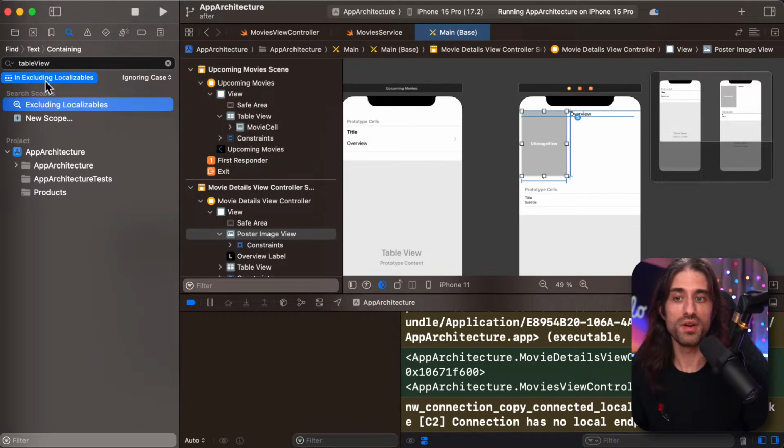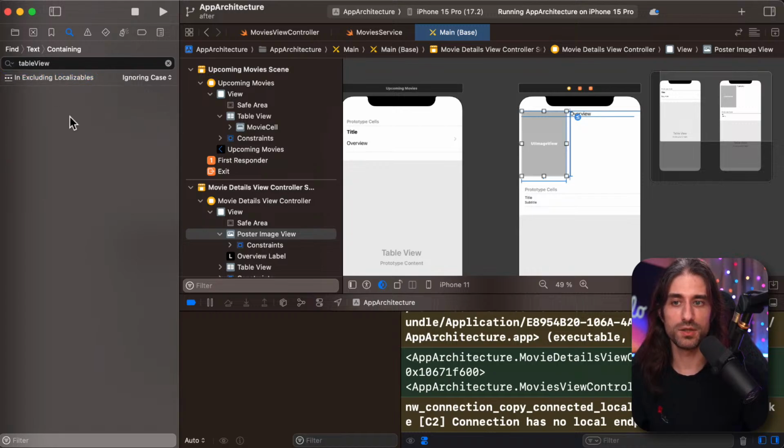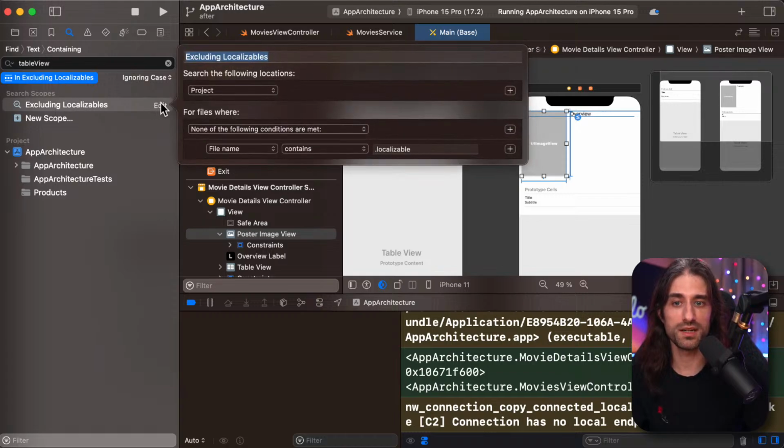What's good is that when it's enabled, it's shown in bright blue, so you see that it's happening. If you give it a good name, you see what's happening. So that's pretty good to know, and you can just enable or disable it by clicking on it. This one can be really useful. I've used it to exclude the localizable because it was quite a nightmare to use it.